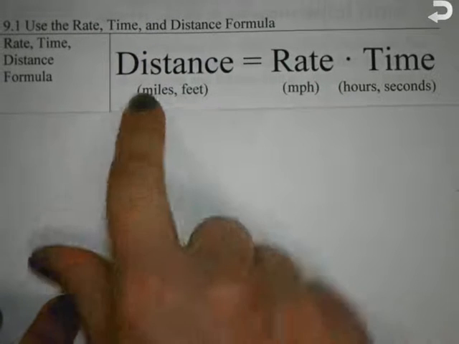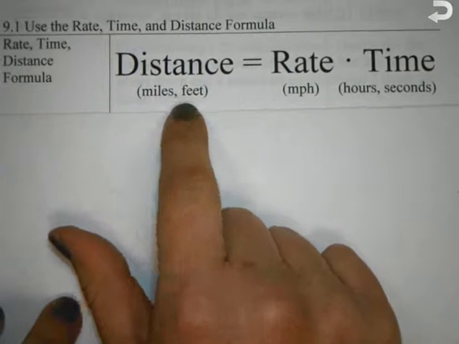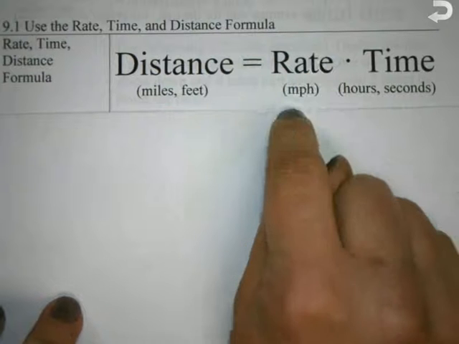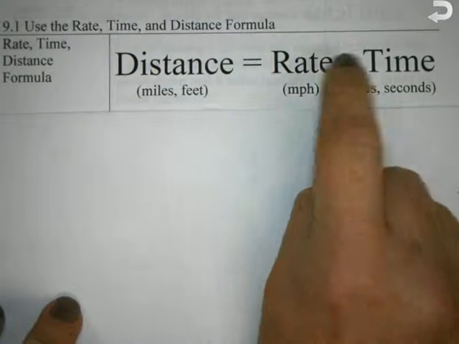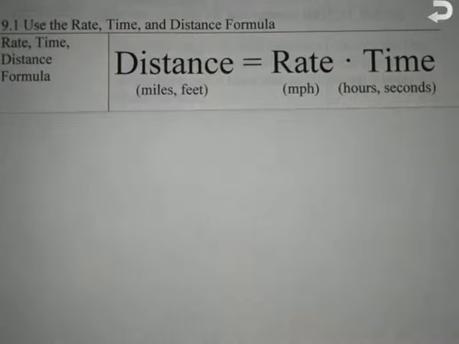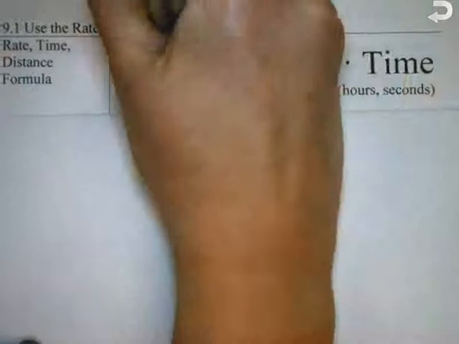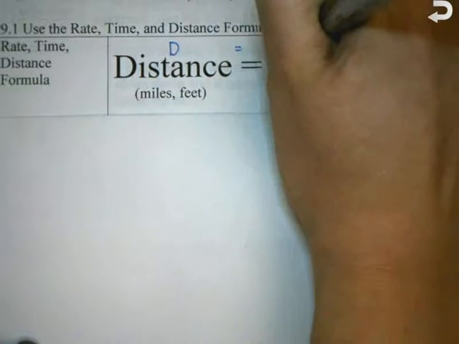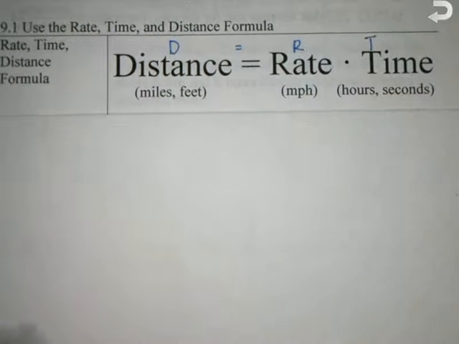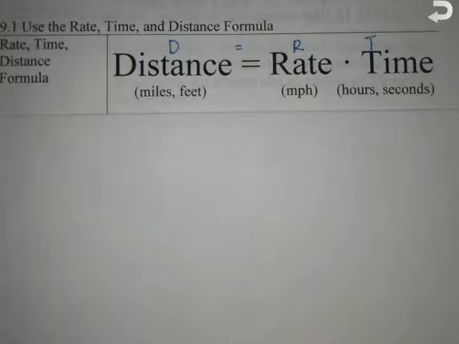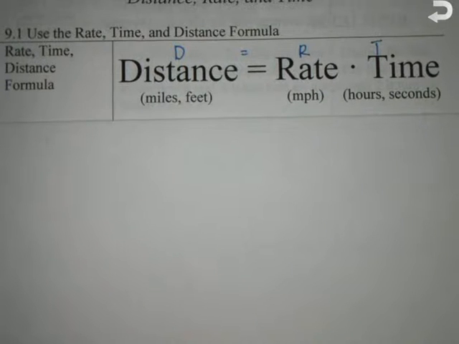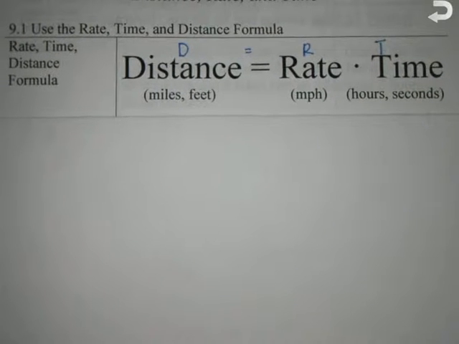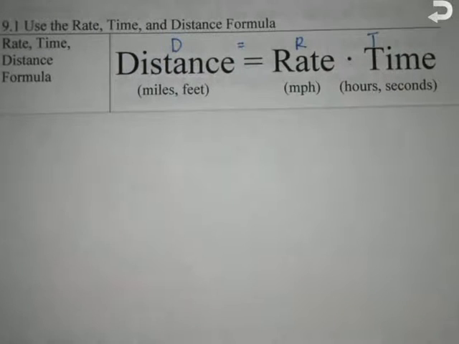Distance, which is usually miles or feet, equals rate, which we typically get in miles per hour, times time. What's another way that we can write that? D equals RT, right? So D equals RT is the abbreviated way to write it. For most of these problems, you are going to be given either distance and rate, two of them, and plug them in and have to solve for the other. Okay,